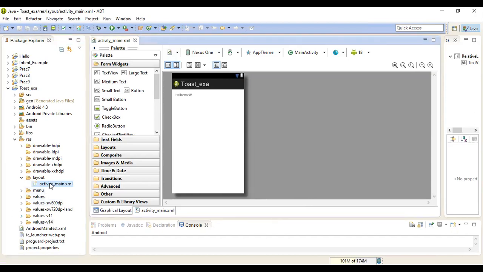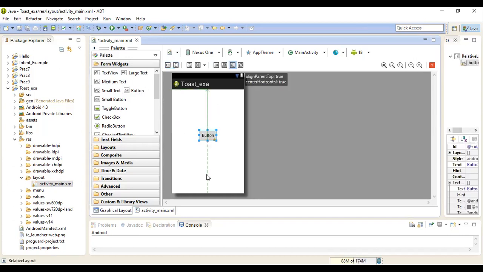Now open your XML file. So this is our XML file. This text view is not needed, so delete it. And now drag and drop one button. Whenever we click on this button, at that time, a Toast message will be generated.